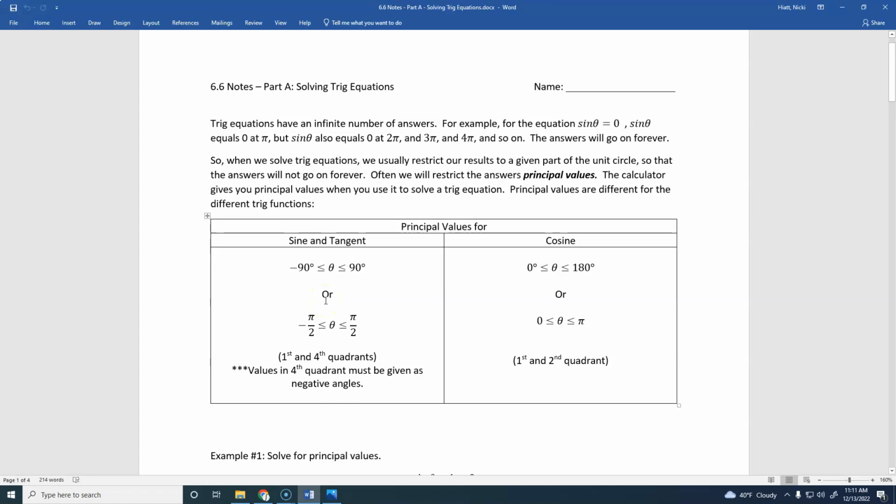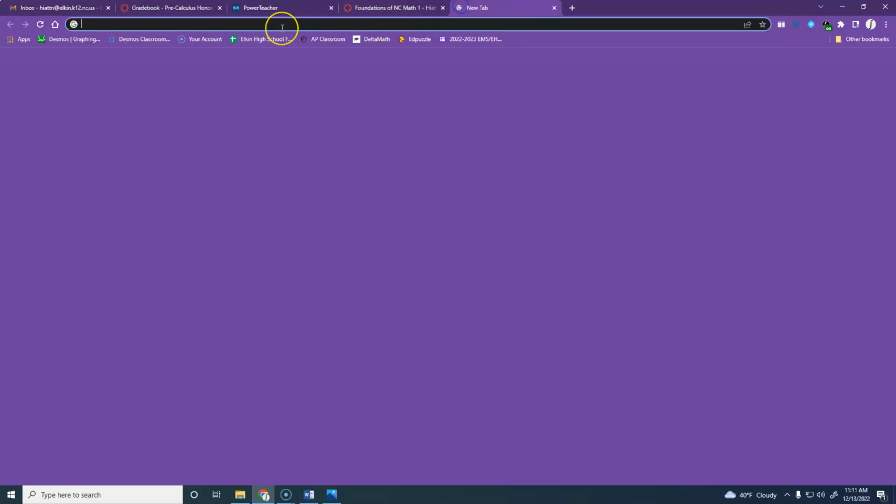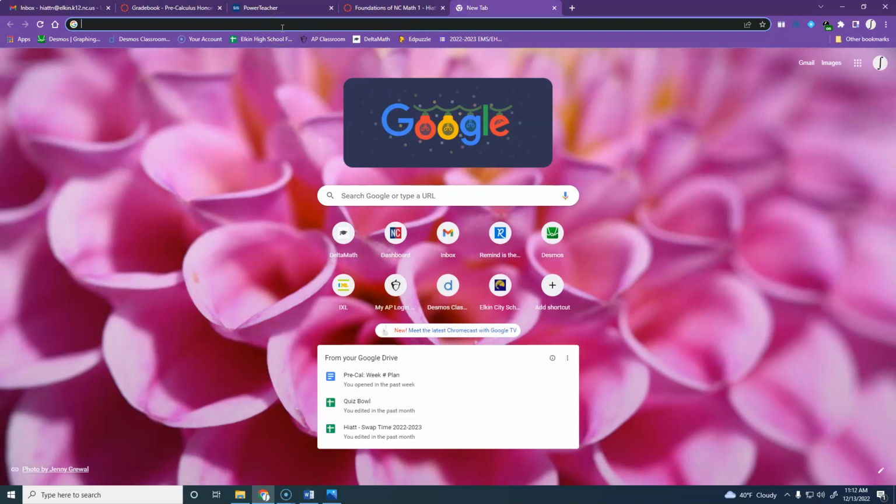So if you take whatever the answer looks like on your unit circle, so if you get 300, if you subtract 360 from it, it will give you that value. Or you can also just think about looking at it. So if I pull up the unit circle here,